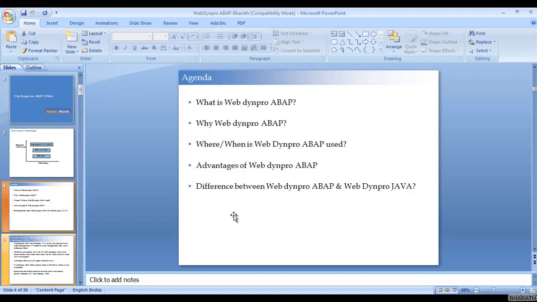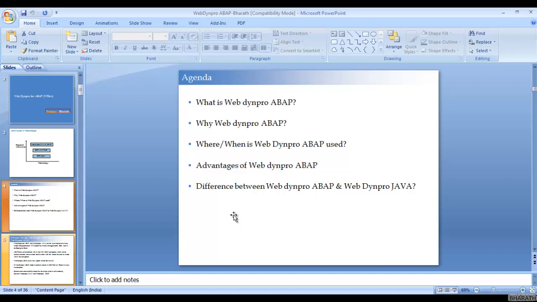In WebDyn Pro ABAP, since it is lying in the ABAP stack, we can directly use OpenSQL statements, call function modules, develop classes, and write the business logic in methods, so that it is directly integrated with the SAP system.